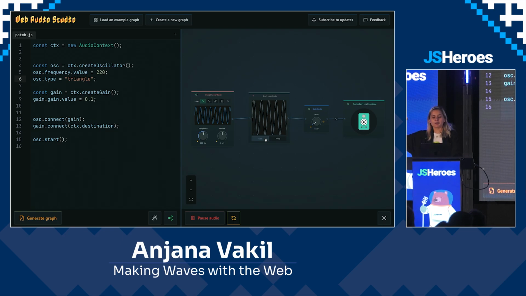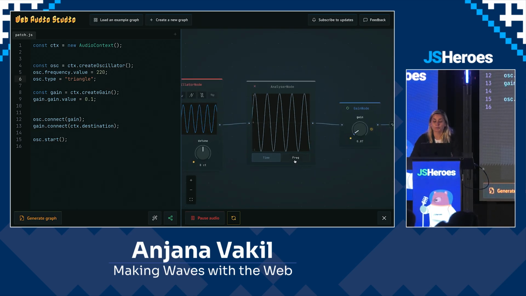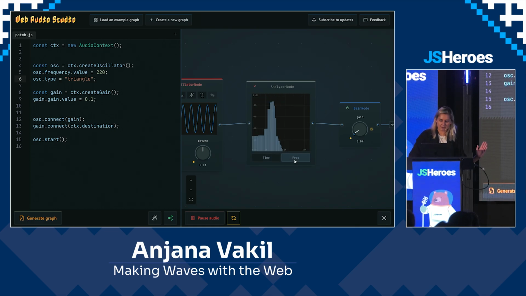This is basically, by default, showing us the amount of energy in the signal over time, which is the same thing as what the oscillator visual is showing us. But with some fancy math called a fast Fourier transform, we can look at the signal over time, and we can break it down into all of the different frequencies that are contained within that signal. I'm going to zoom in here, and we can get a breakdown in the frequency spectrum instead of the time spectrum to show which frequencies are represented in the sound we're hearing.